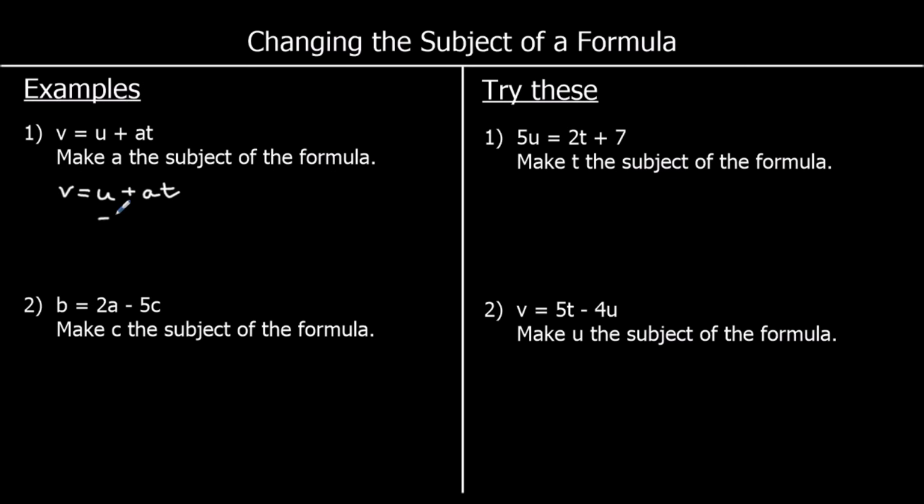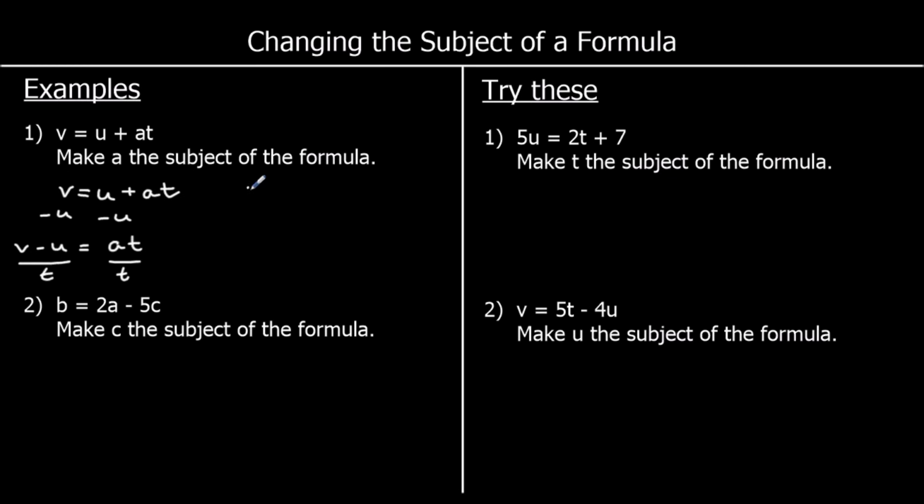So if we just subtract a u from both sides, that will give us v minus u on the left side. And we've got u minus u, which cancels out, it's nothing. So we've just got at left on the right side. We want to get a by itself. At the moment, a is multiplied by t. So to get rid of a multiplication, we do the opposite of multiplication, which is division. So we can divide both sides by t,